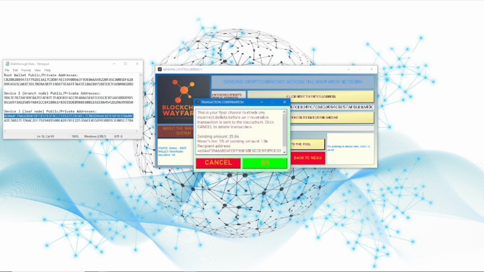We check our details. So again, it splits into a 5% fee, which means that we'll be sending away 25.84, which will go to device 3, and 1.36 will go to whoever mines this block, and the mining will happen immediately after this transaction is processed, as I've altered the max transaction size to 2 so that we can see the mining in action. So once I click OK,